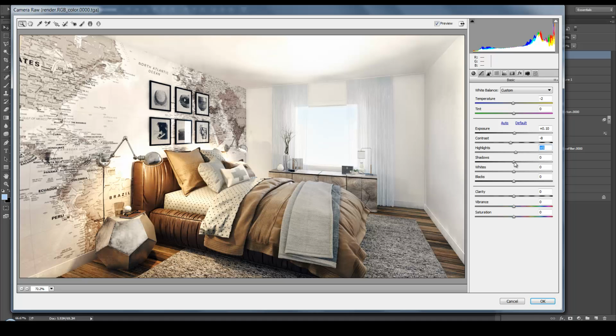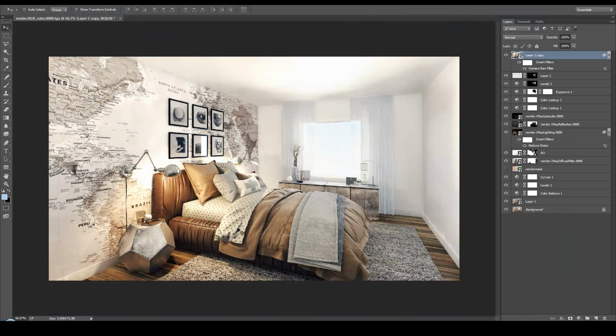Bring the highlights up. Let's bring the shadows up. We'll bring some of the whites down. Let's bring the blacks up. And the clarity we can actually bring down, and vibrance down a little bit. And hit OK. And one last thing, this area over here looks a bit oversaturated to me,